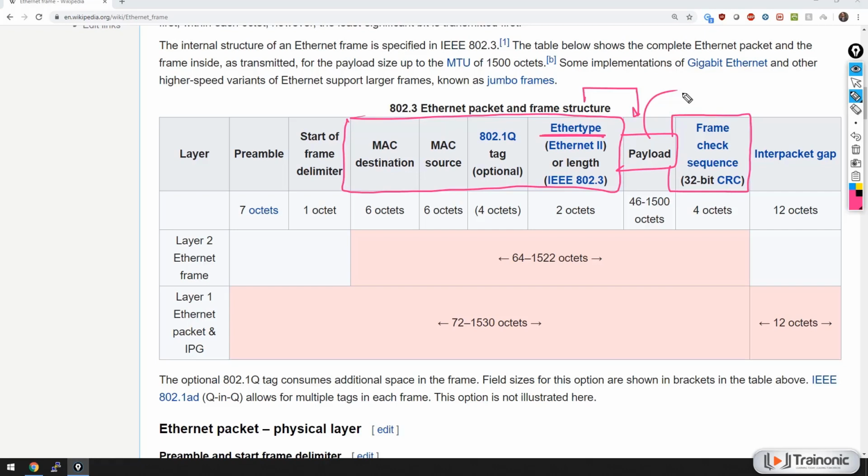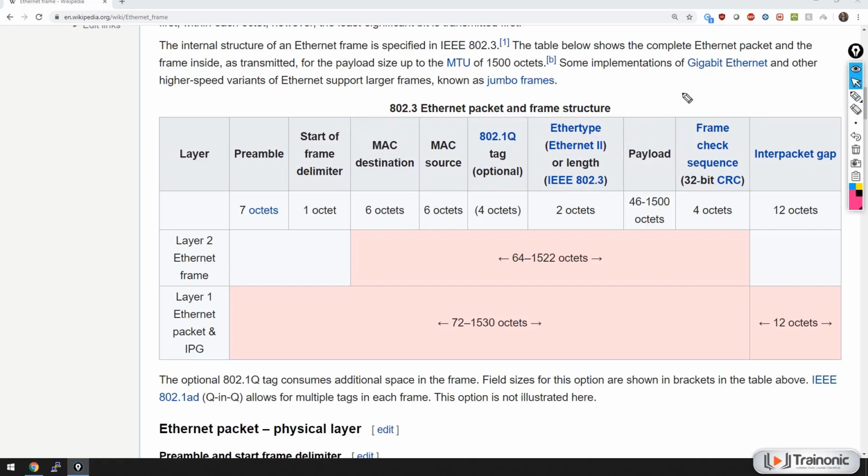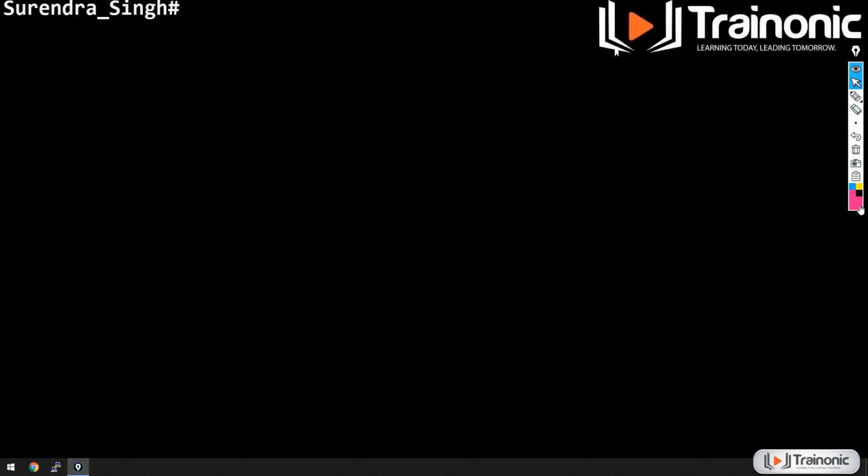Then the data will come to the physical layer, and the data is going to be placed on the physical media. Now, if we talk about switching, switching is basically forwarding of the frames based on the destination MAC address.